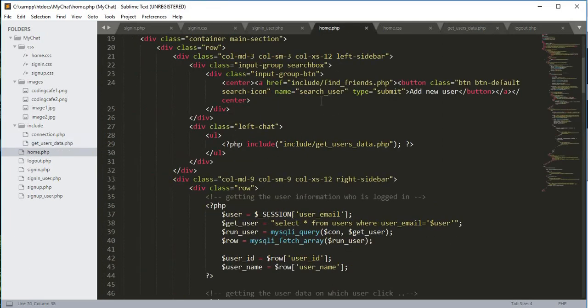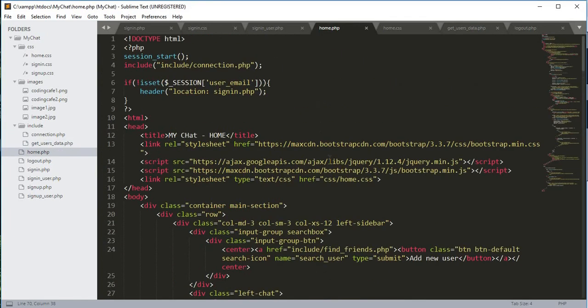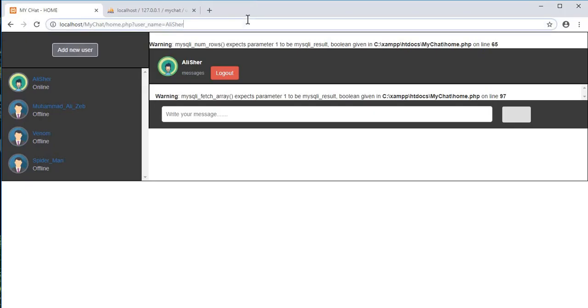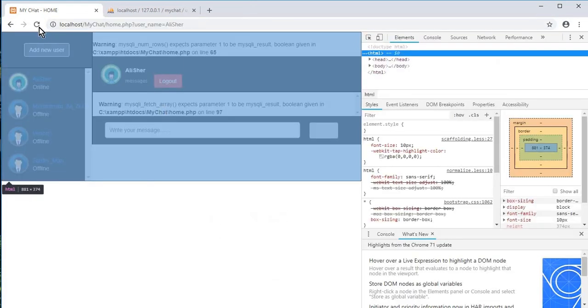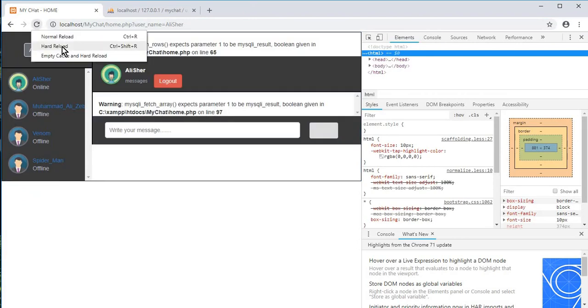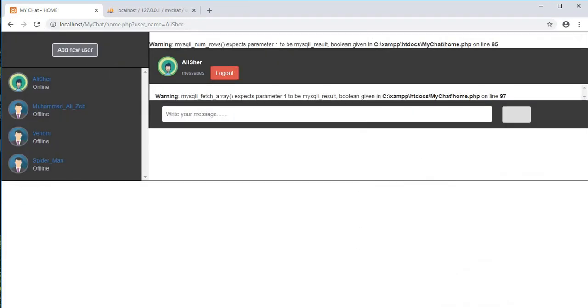So the reason that the icons are not showing is because I think we didn't add a link to those icons. So we already added the link. Let me just change this to 3.2.1 and remove the 0.12.4, and if we just refresh it, hard refresh or hard reload,